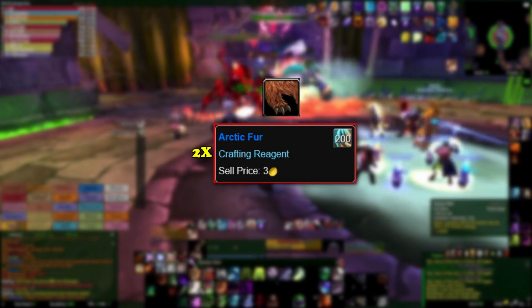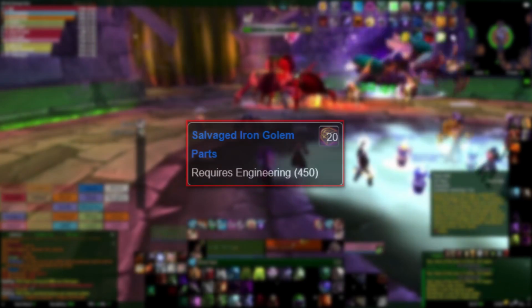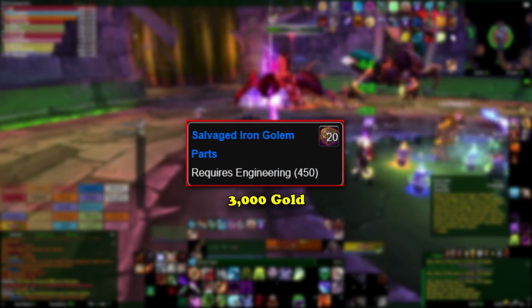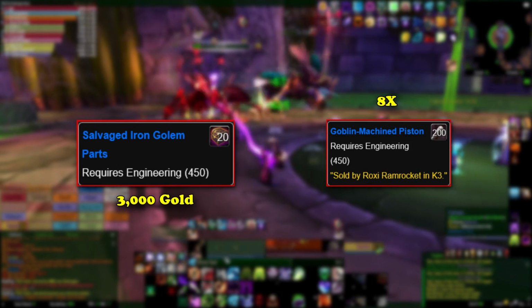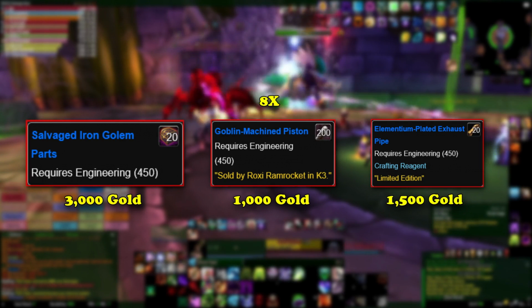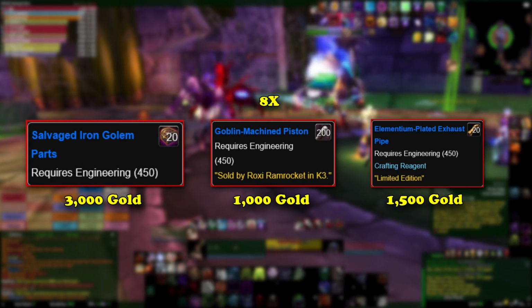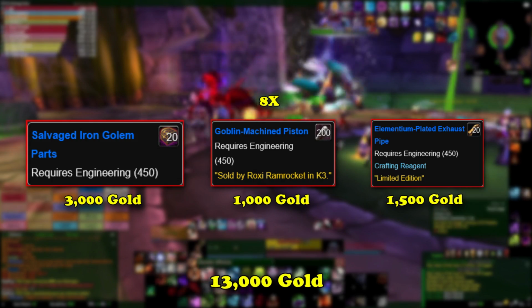The final ingredients are all fairly expensive items that must be bought from a goblin named Roxy Ramrocket in the Storm Peaks. These ingredients are 1 salvaged iron golem parts at 3,000 gold for just 1, 8 goblin machine pistons which are 1,000 gold each, and 1 elementium plated exhaust pipe which costs 1,500 gold. In all, the total minimum gold requirement to build the mount, including the schematic itself, comes out to just under